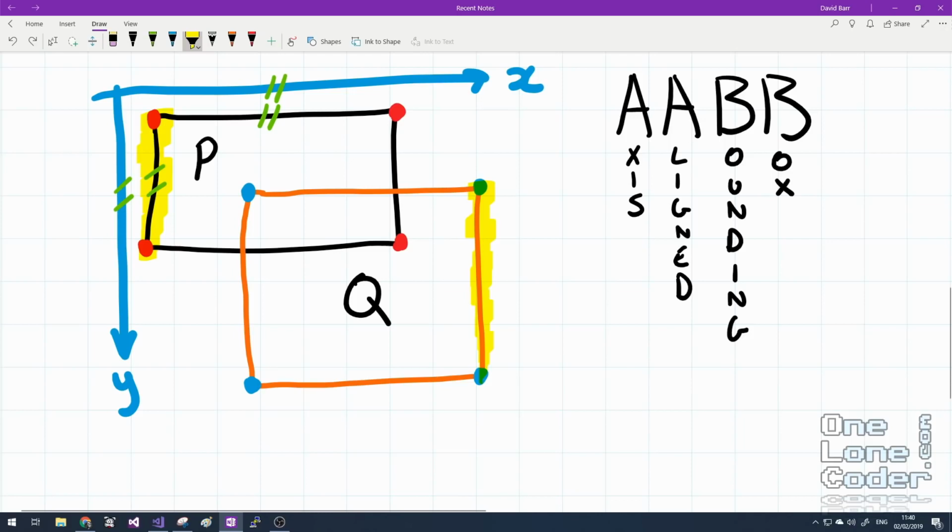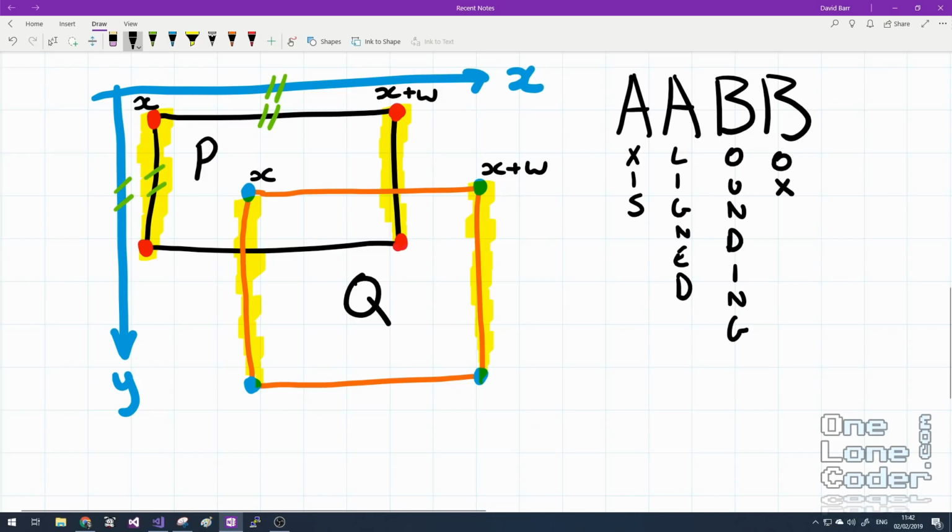We can confirm this with another check, that if this side of P is greater than this side of Q, then in the x-axis these two quadrilaterals are overlapping. And so if I label this as x, and this point is x plus width for that rectangle, and the same applies for Q,